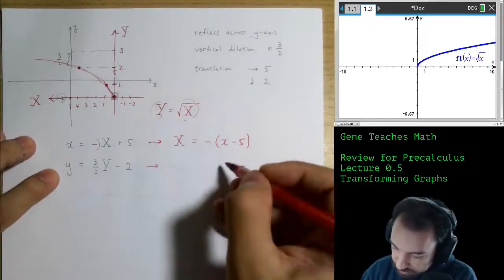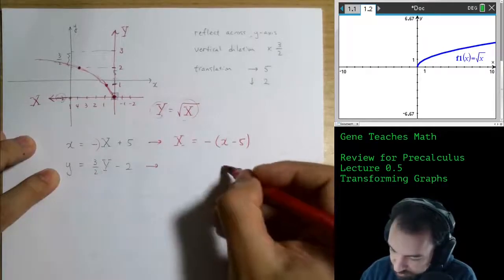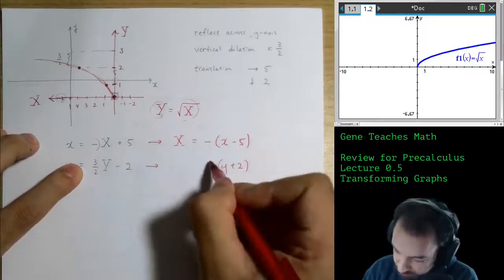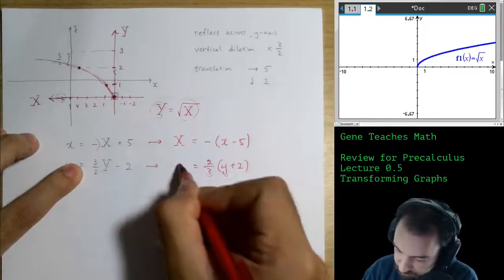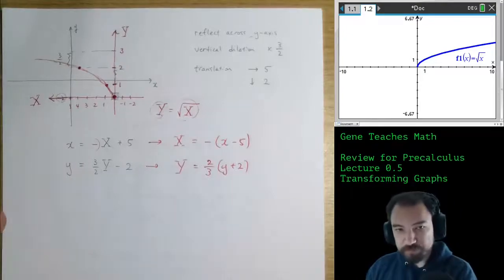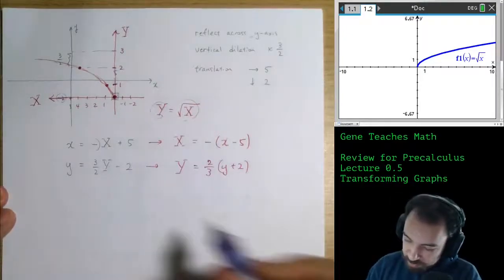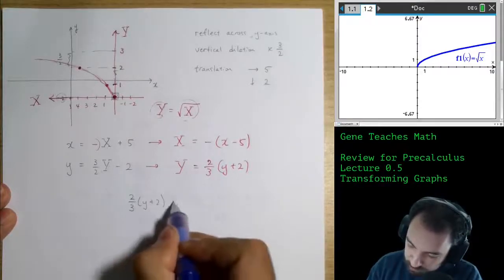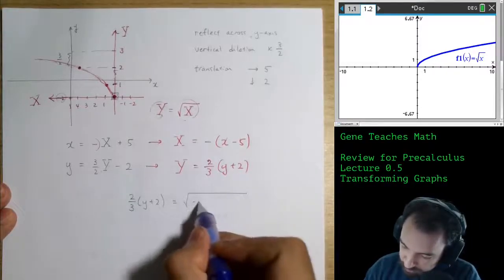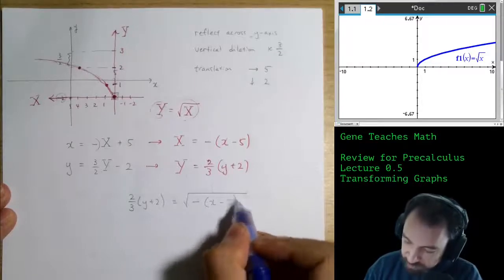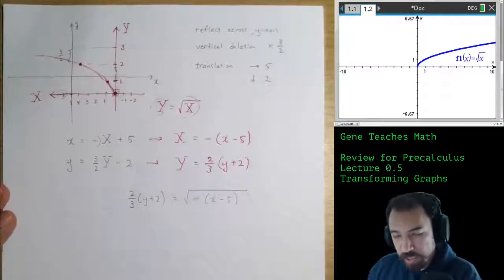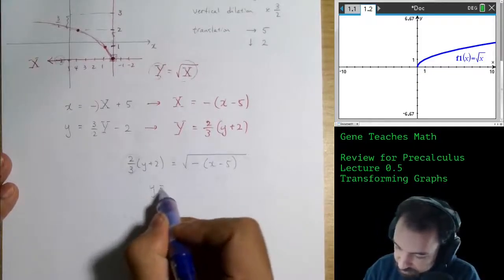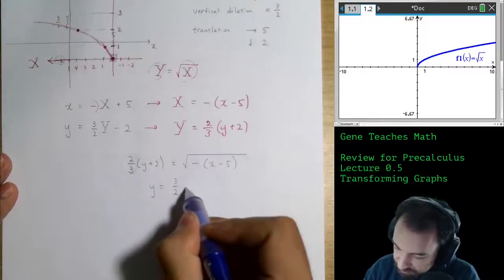To get capital Y isolated, I would take lowercase y plus 2, then divide by 3/2, which would put this at 2/3, and this would be capital Y. Now, if I perform the substitution, I will end up with 2/3 times (y plus 2) equals the square root of negative (x minus 5). And if we want to solve for y, as is tradition, we can take this and reverse it. y equals 3/2,